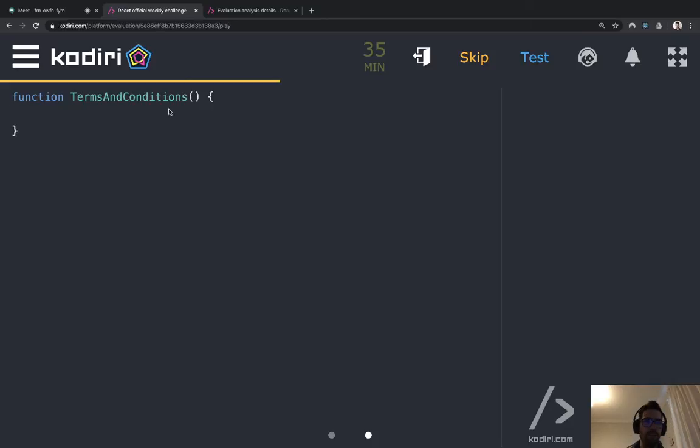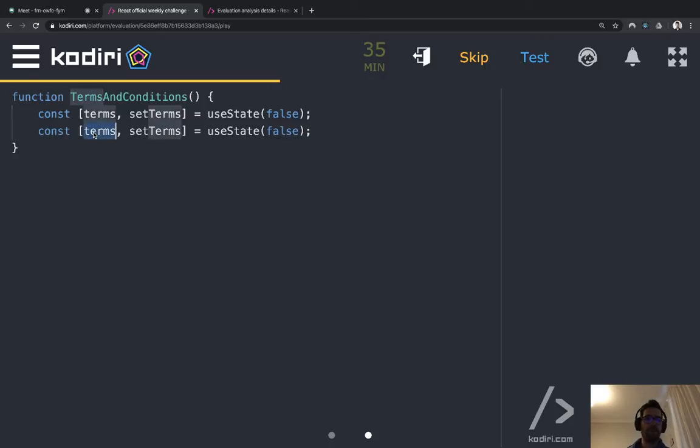All right, so terms and conditions, let's use some hooks. So terms, setTerms equals useState. By default, the user hasn't accepted the terms. And likewise, it would be weird to get the accepted terms checkbox marked by default. Like, hey, wait a minute, I didn't tick that checkbox. Why is it enabled by default? So set terms and conditions, both disabled, both not ticked by default. Then we'll have some HTML,